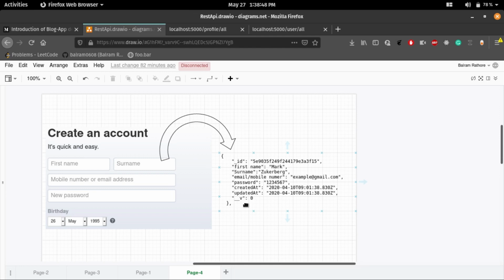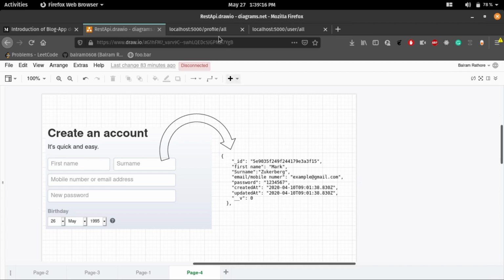So there are several HTTP requests: GET for fetching data, POST for posting your data and storing it on the server, PUT for updating the data. There are also PATCH, DELETE, and several other requests, but I am not covering those; I just want to give a brief idea. Maybe I will upload a video for that also.